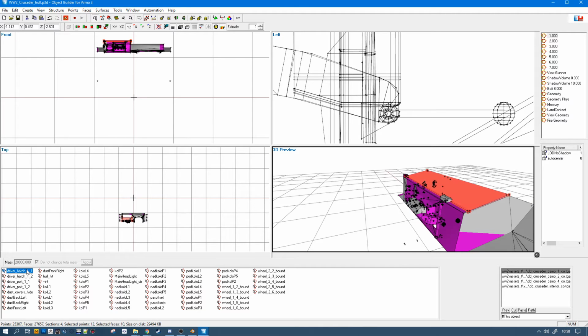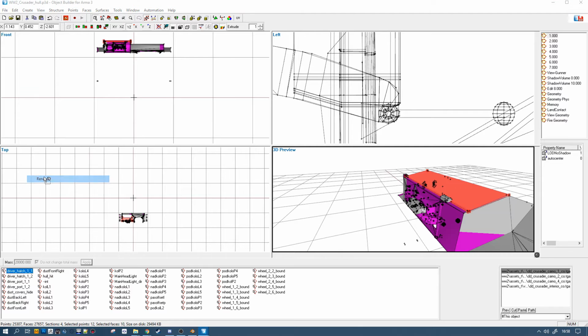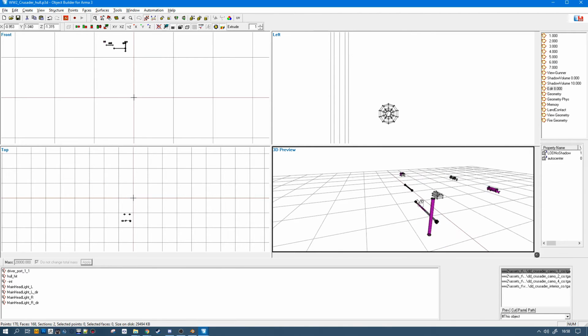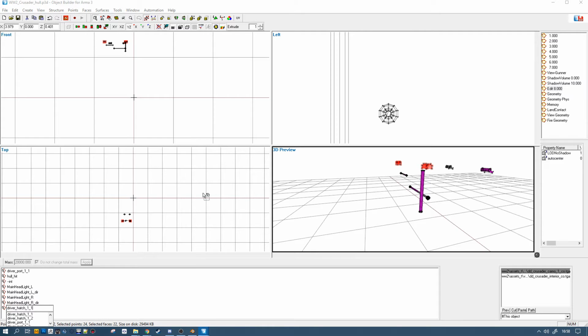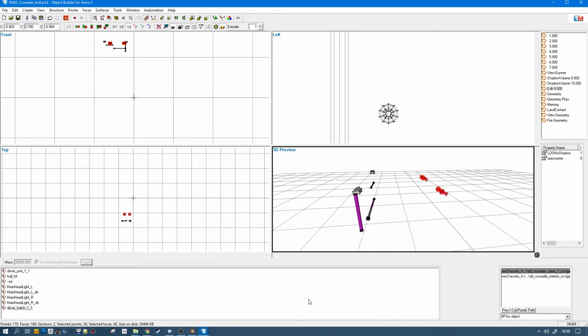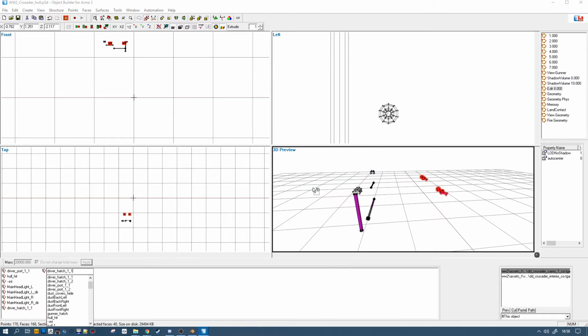So I have driver H11 and H12. I want to name those new driver 1 H11, driver 1 H12.